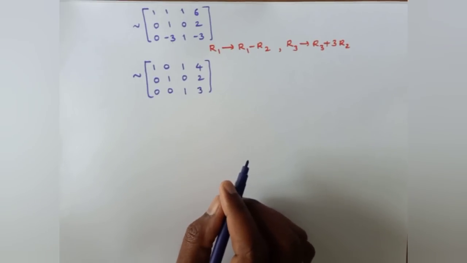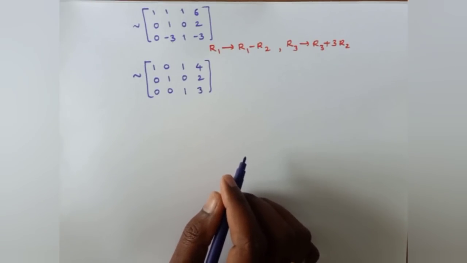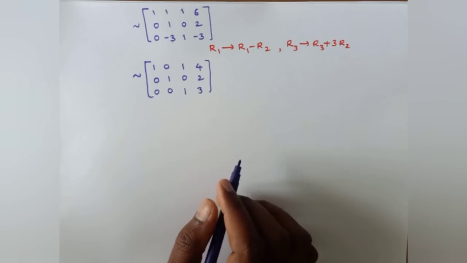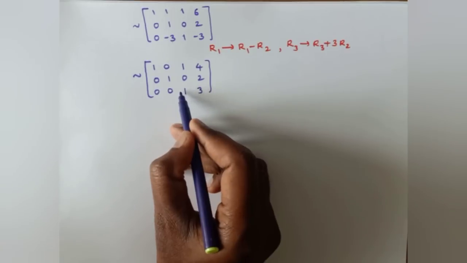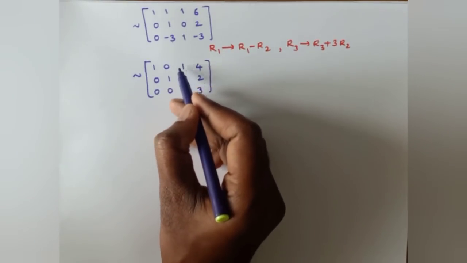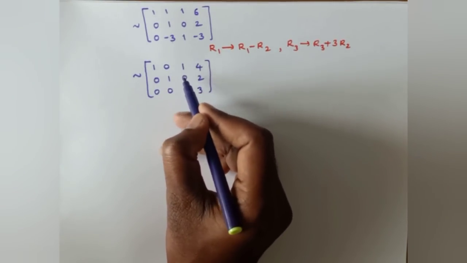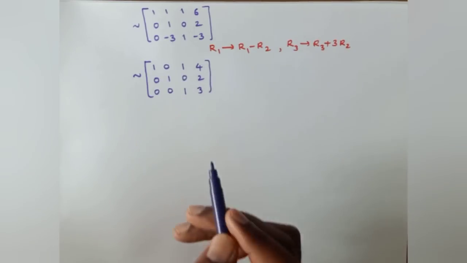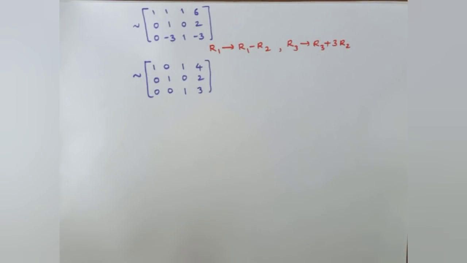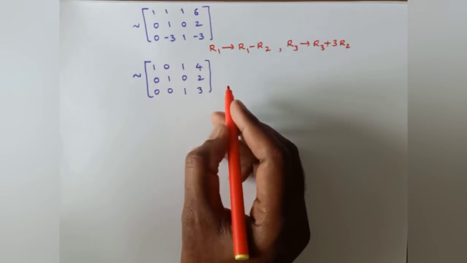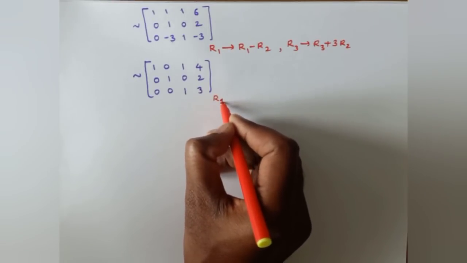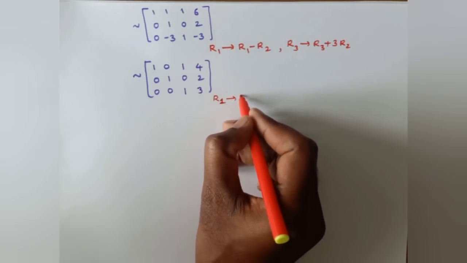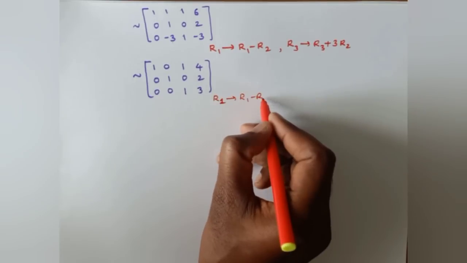Okay, next, is it converted to 1 0 0, 0 1 0, 0 0 1? No. Here a 1 is there. Now the next, third step is that by using this element, you need to make these elements zeros. Already this is 0, so just try to make this third element 0. To convert this to 0, we can apply only the row 1 operation. Row 1 changes to row 1 minus row 3.